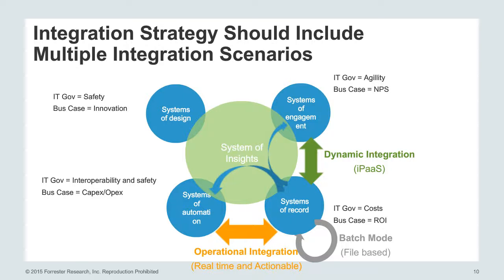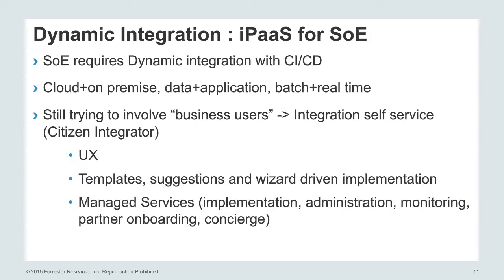So that draws a little bit of the landscape, which is complexifying. And I summarize some of what I said previously with the next 3 slides. So system of engagement requires dynamic integration. That requires also that the integration itself should deal with continuous integration, continuous delivery. The same way that all development within that system of engagement requires CI/CD, but the DevOps and all the organization around agile development. That requires also to deal with cloud and on-premise, to deal with convergence from data plus application,